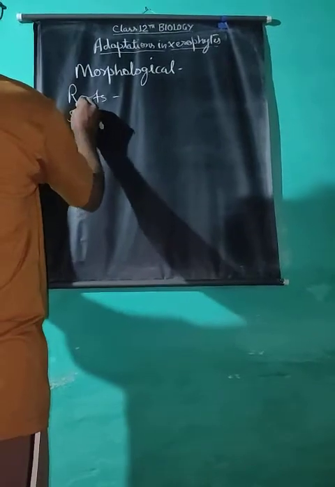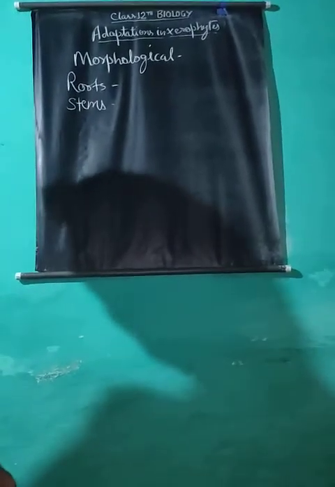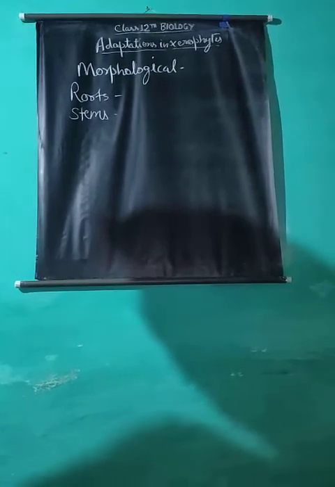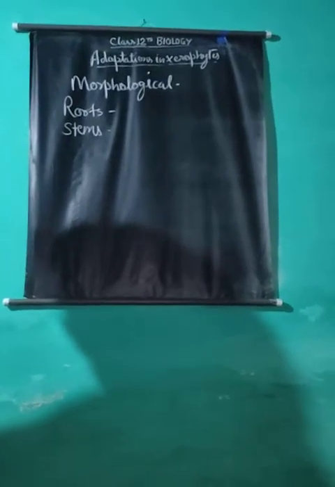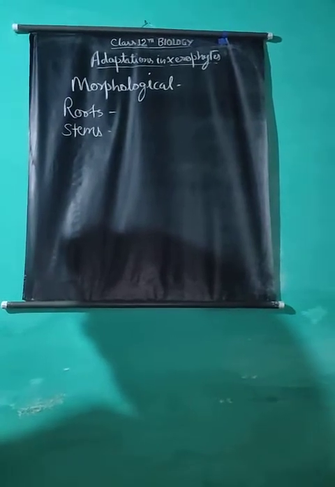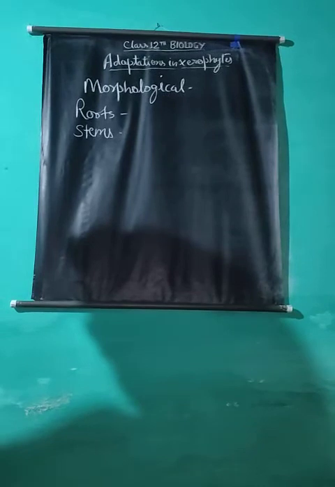Morphological adaptations in stems of xerophytes. Stems of woody xerophytes are comparatively stunted, hard and rigid. They may be covered with thick bark, for example Acacia arabica. Main stem and branches may occur as thick, fleshy, flattened and green modified structures called phylloclades. Phylloclades are found in succulent xerophytes. They do the job of photosynthesis in place of leaves.